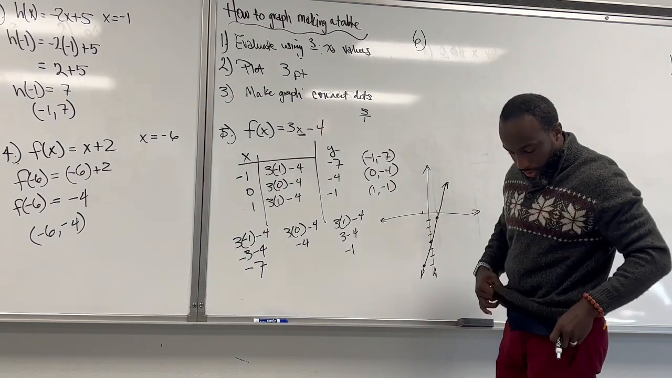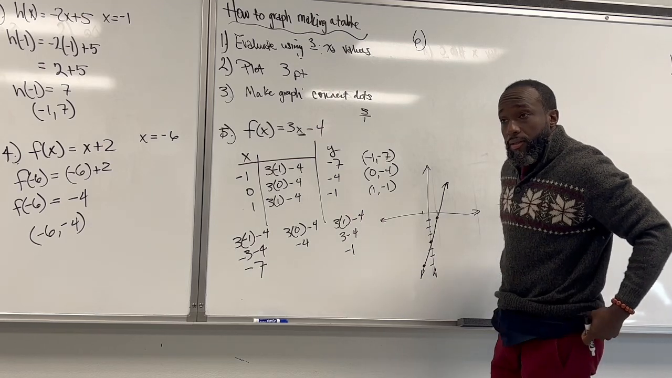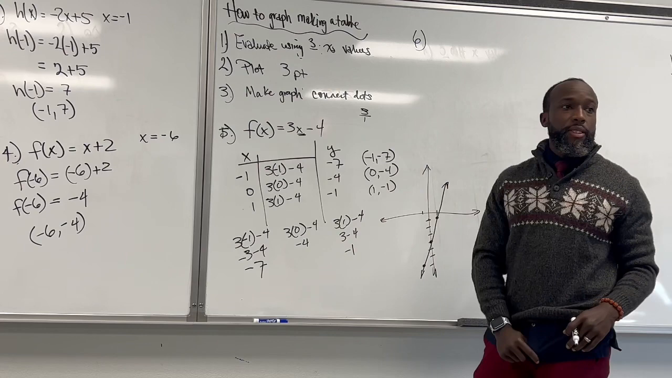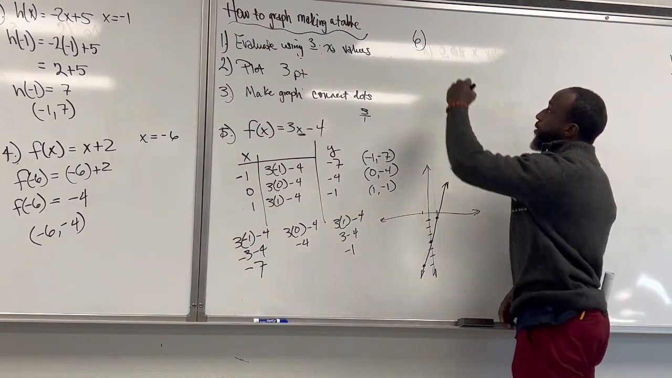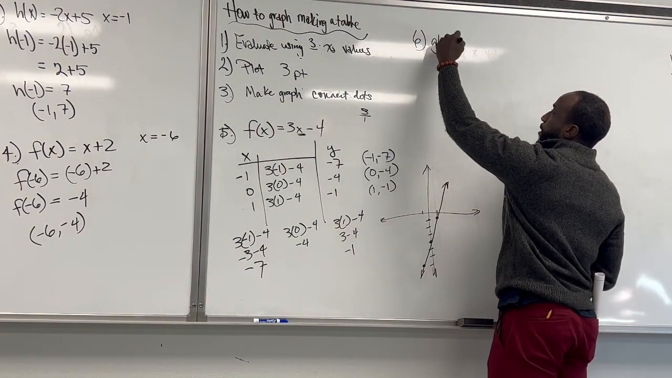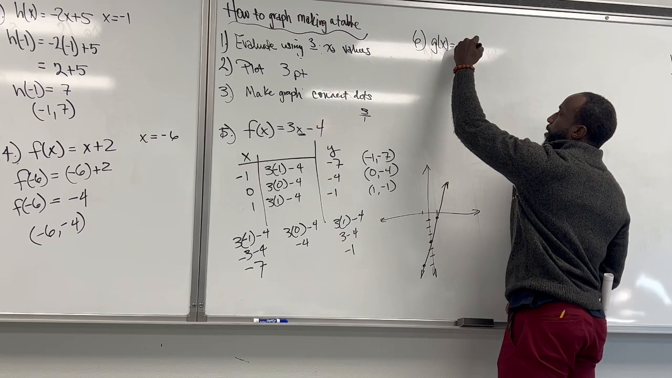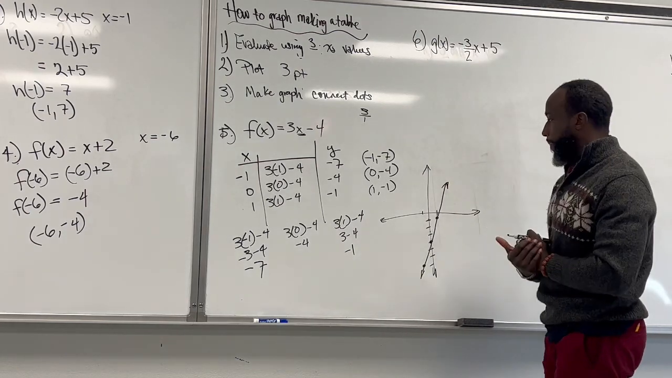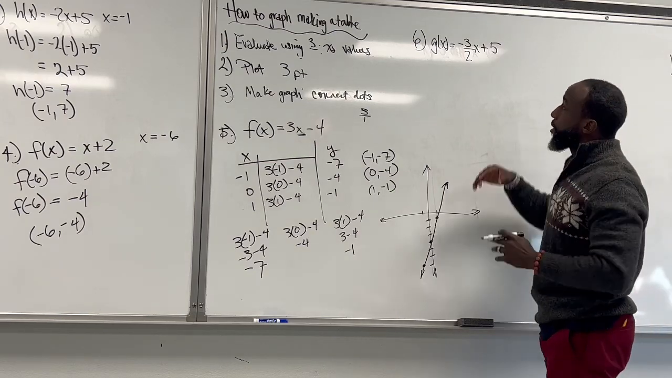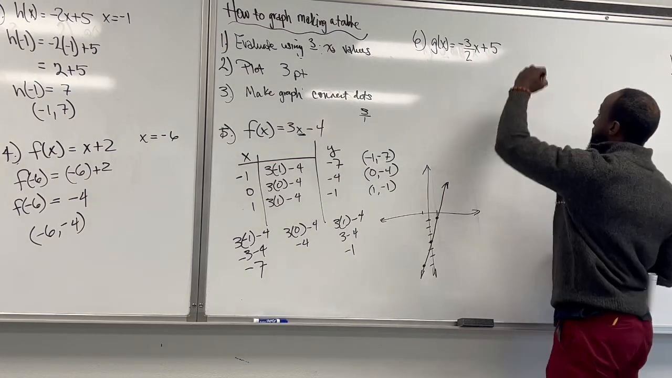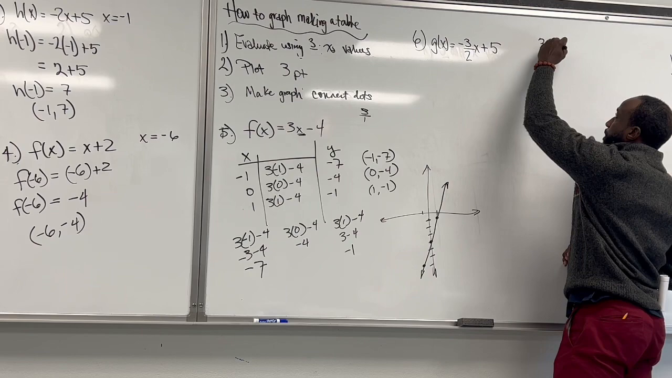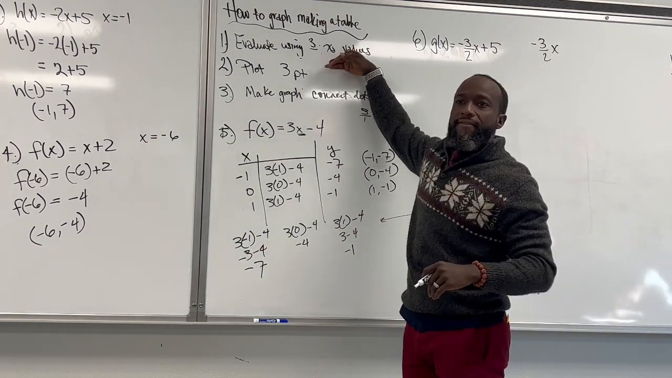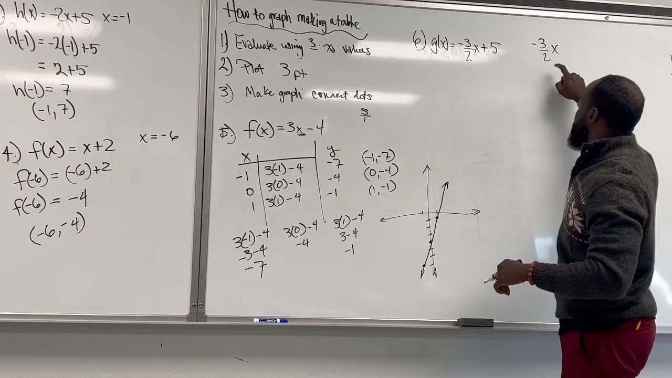Number 6. Read number 6 to me, please. G of x equals -3 over 2 x plus 5. All right. So, in this particular example, you have a fraction connected to the x. 3 over 2 is connected to the x. So, when we have a fraction here,